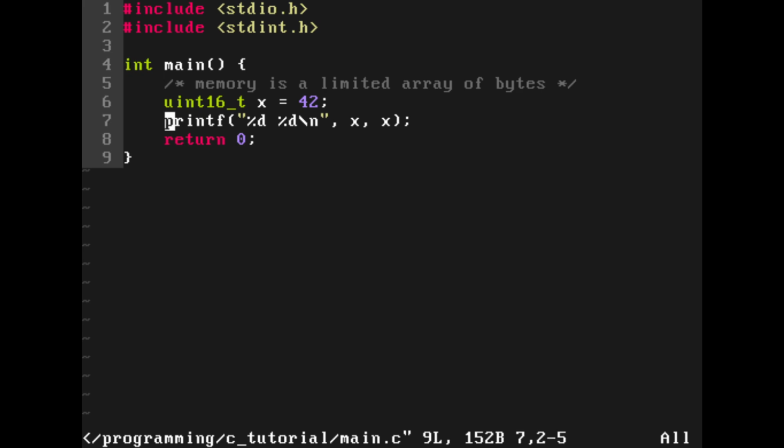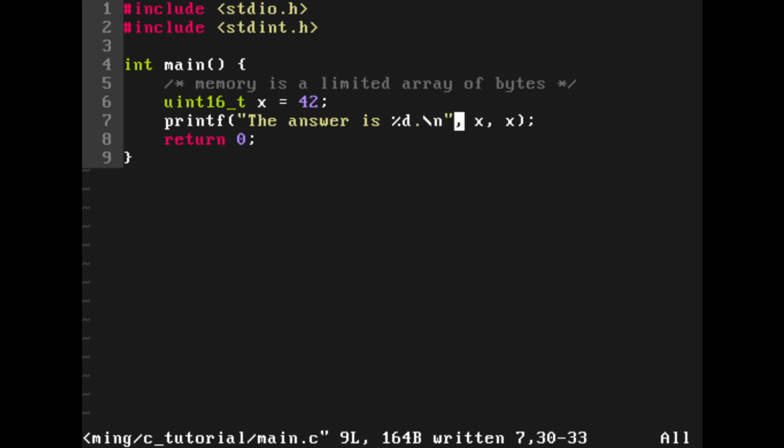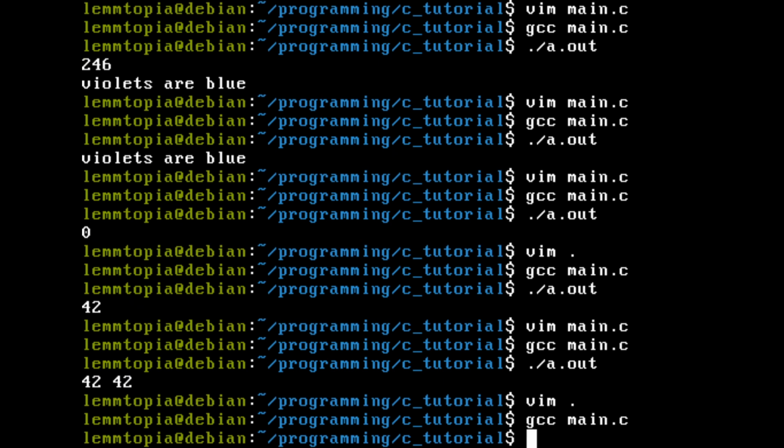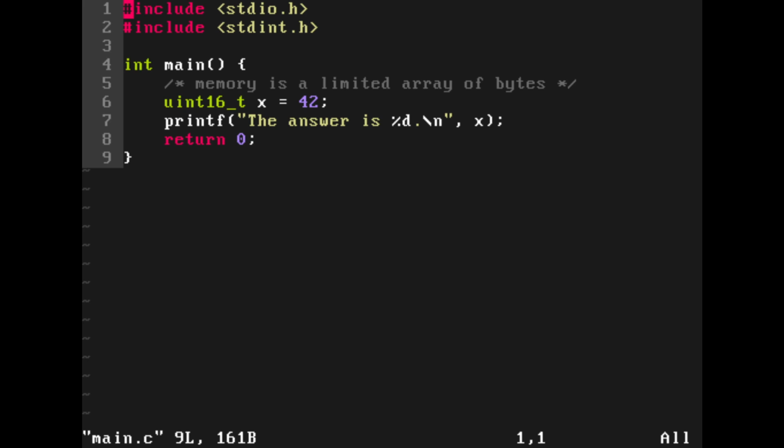After our printing, let's do a little funny thing. So the answer is 42, but we are not passing 42. We are actually passing x, but since x has the value of 42, it will display 42. We have here the variable, and now let's try to make a variable do some stuff in the program,